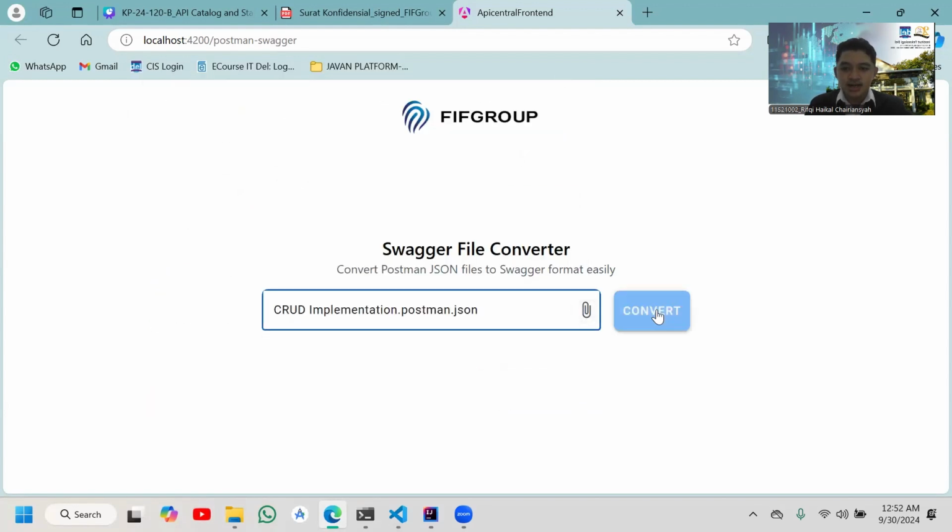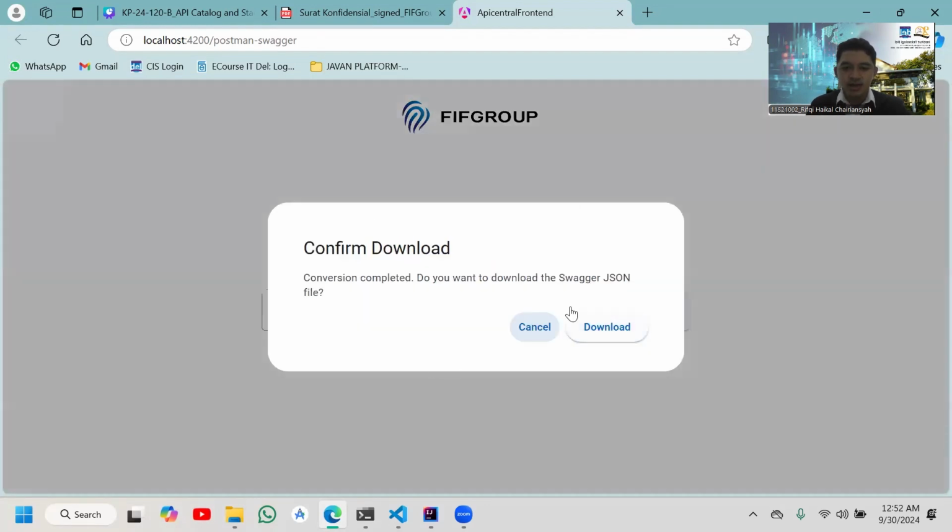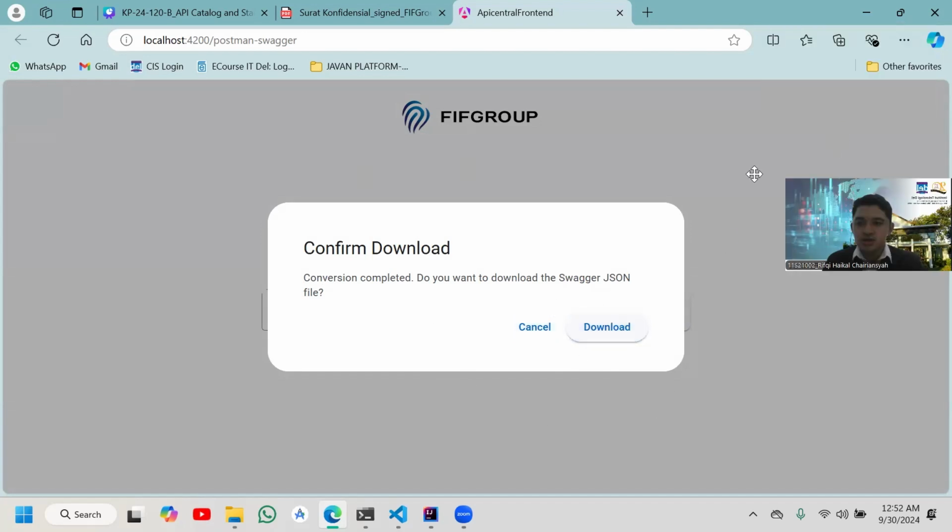And then click the convert button here. If the format is valid, the progress spinner will run here. Now the format is valid and the system shows us the modal confirmation here. We click download and the file is downloaded automatically.